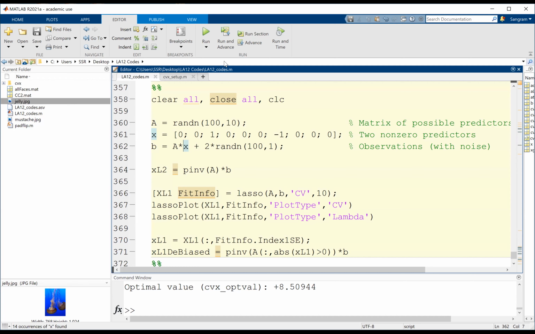So what should I do to get the best of both worlds? I'm going to find a solution that works with both the L1 and L2 norm.